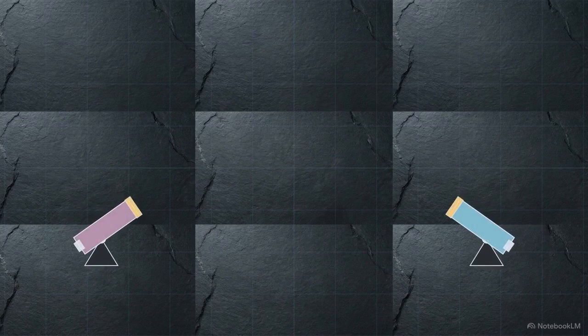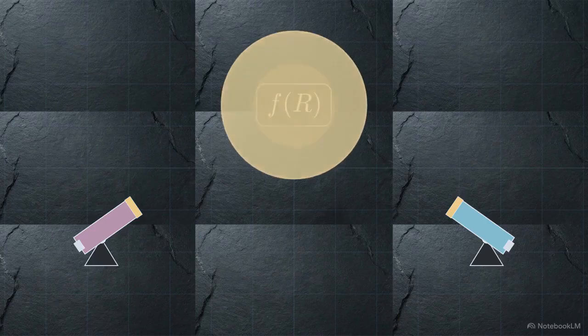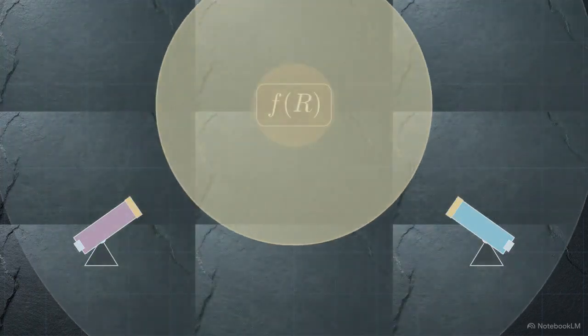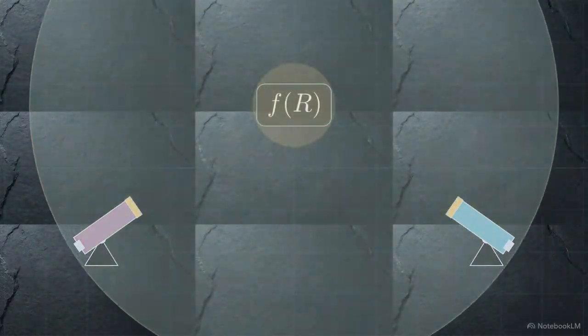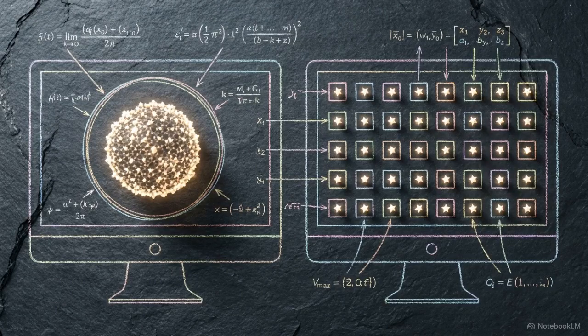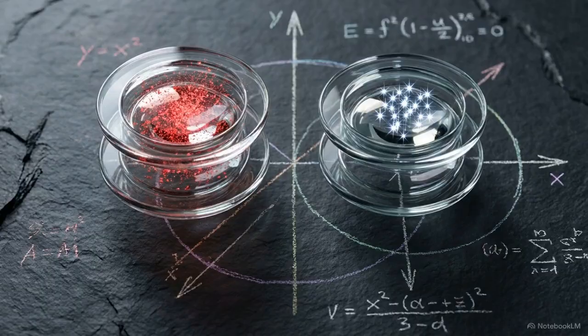Skeptics might argue that this is simply a variation of modified gravity. However, modified gravity models typically apply a single, universal correction that remains the same for every observer. ODTOE is observer-indexed. It predicts that two observers using different ways of aggregating the same data will measure different expansion rates based on local coherence.